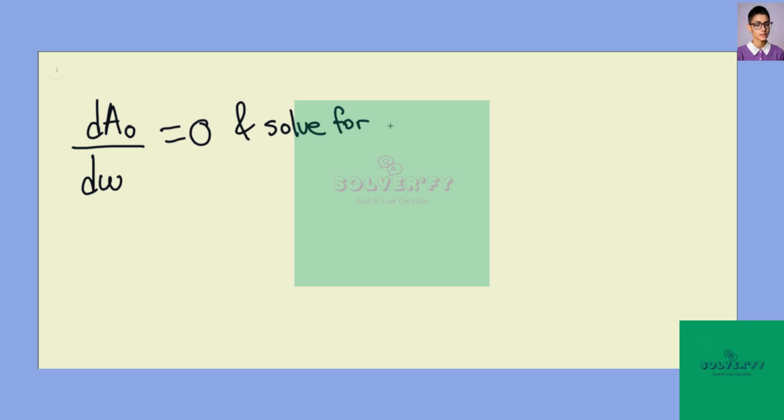So essentially here we'll be taking the derivative of the amplitude with respect to the angular velocity, and we're going to set this equal to 0 and then solve for omega, or the angular velocity. So we can say that the amplitude is going to be equal to